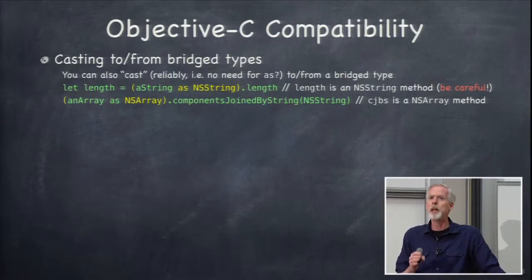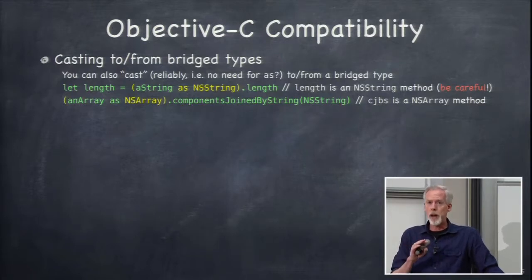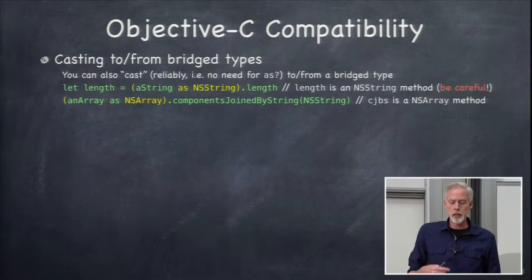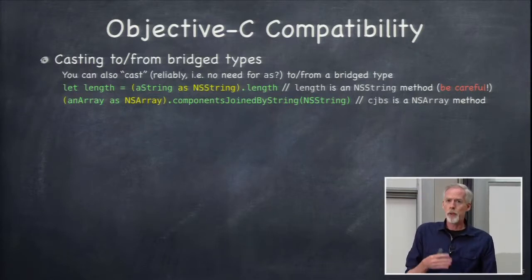So you have to be careful when you start calling NSString methods. You want to look for a string equivalent and use that if you can, because it's newer and it does things a little more accurately. But NSArray is the same thing. You can cast from an array